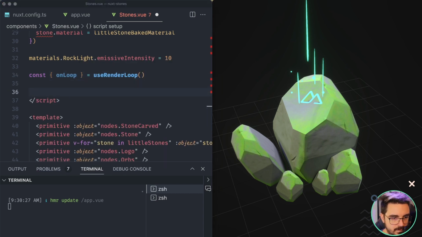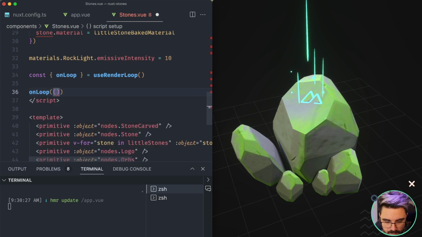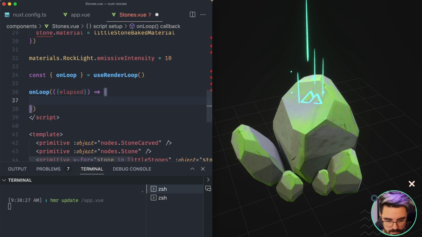And I'm just gonna copy and paste it because I'm lazy. So what we're gonna do is use onLoop, and then we're gonna use the elapsed time to create the animation. And we're gonna do materials, rock light,